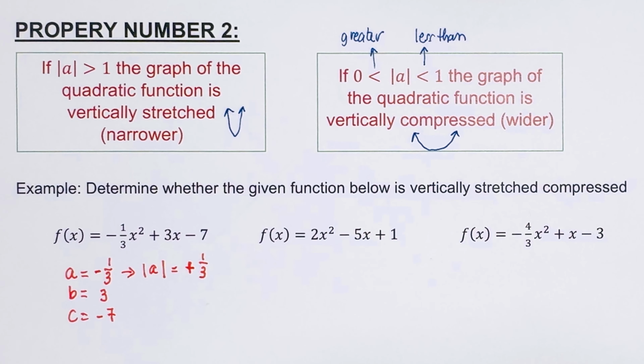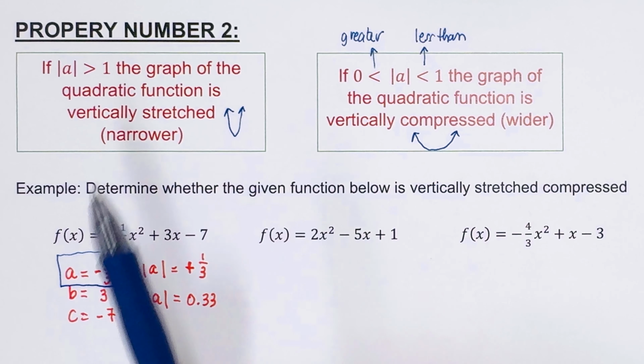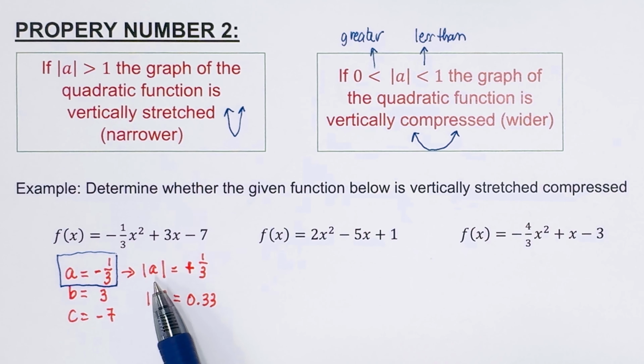So let's see what that is. 1 divided by 3 is 0.33. So the absolute value of a is 0.33. Again, we are looking at a. We're not looking at b right now. We are looking at a to determine if it's narrower or wider. And since we wanted the absolute value, it's always positive. So it's 0.33. So should the graph be narrower or wider